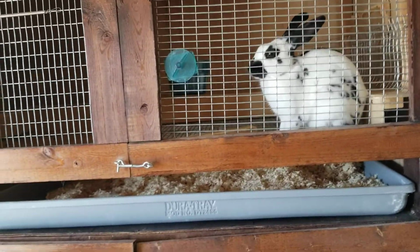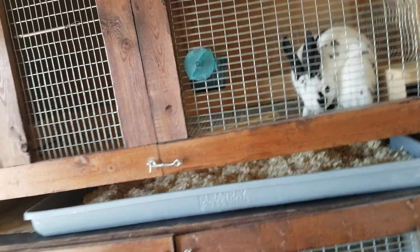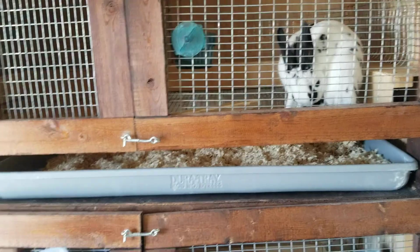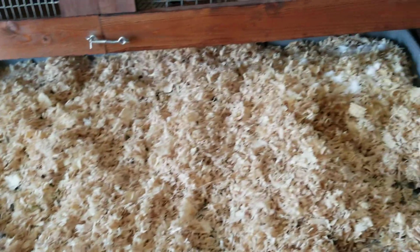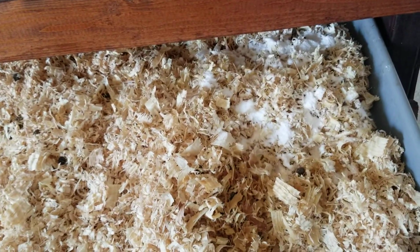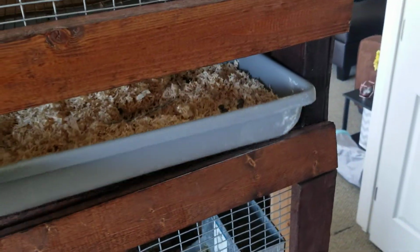I can get away with about, I would say, every month, $3-4 a month just to change out this stuff. So I actually did a changing today, and as you see, it's still a little messy, but it's clean because I'm only cleaning out the urine areas, and he typically pees in the right hand corner. As you see, there's some baking powder and stuff back here